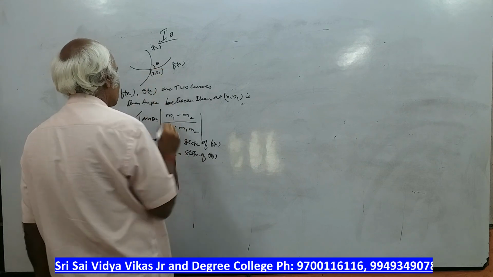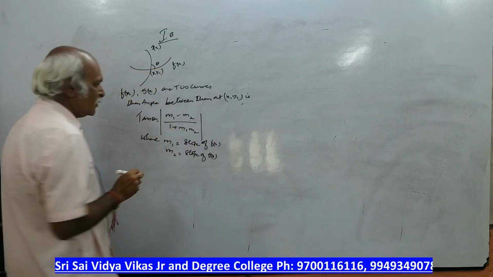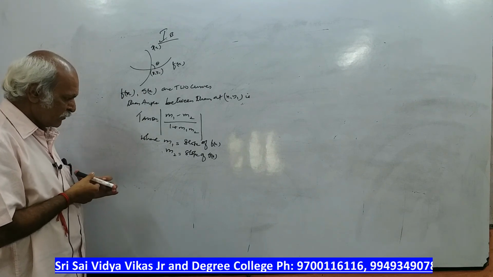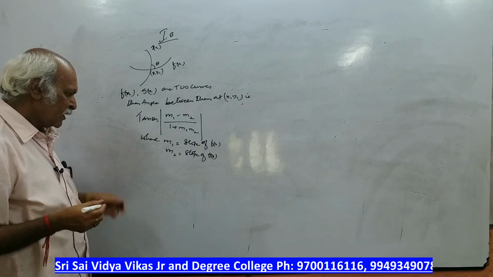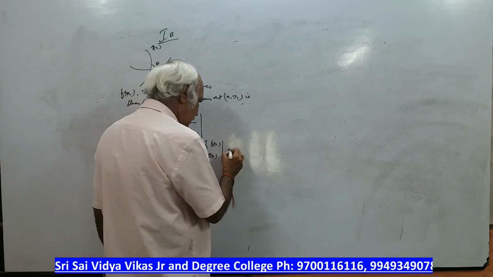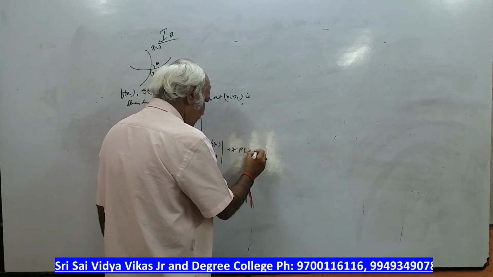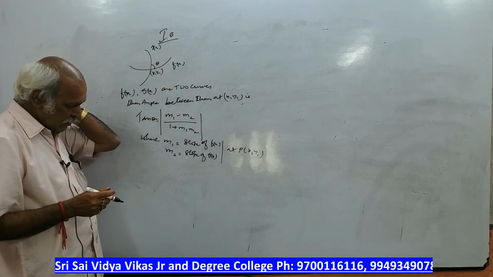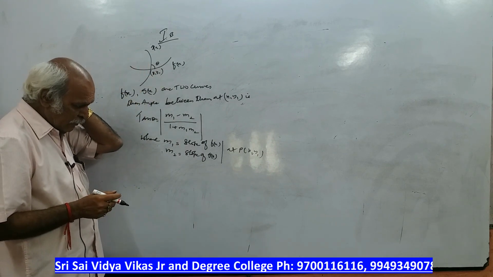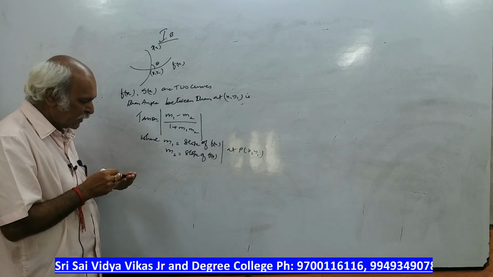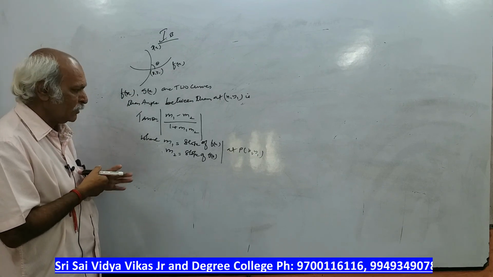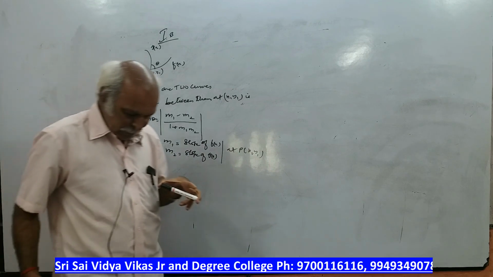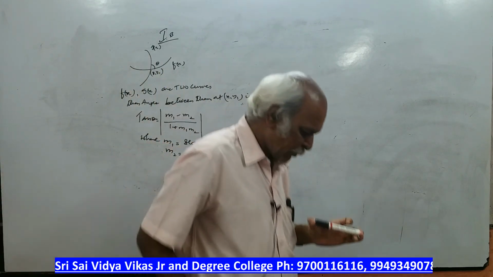is given by tan theta is equal to m1 minus m2 by 1 plus m1 m2, where m1 is the slope of f of x and m2 is the slope of g of x at P(x1, y1). Means you have to find the slope of the curve f of x at P(x1, y1), and the slope of g of x at x1, y1. So we have to find slopes, then substitute in this formula. This is formula based, so we have to do some problems based on this.